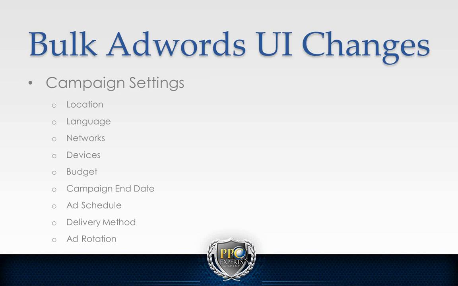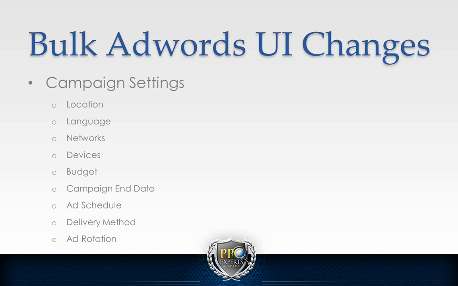And when I say bulk changes, what I mean is that you can set the location for one campaign, but let's say you have 50 campaigns that you need to set the same exact location for. Well, instead of going in on each and every one and punching in the address and hitting save and doing all that, I'm going to show you how you can take the value from one and apply it to all of them. So you can do this for location, you can do this for language,